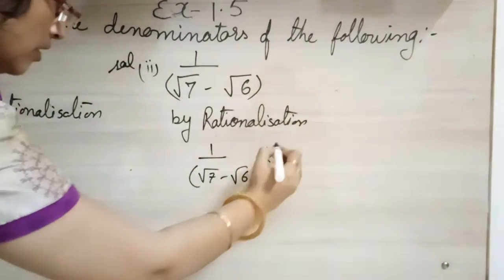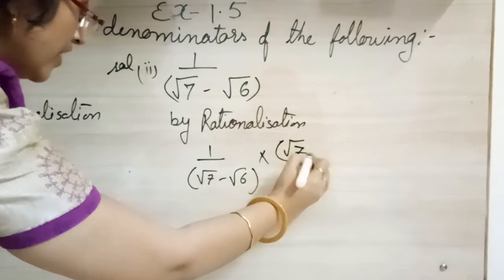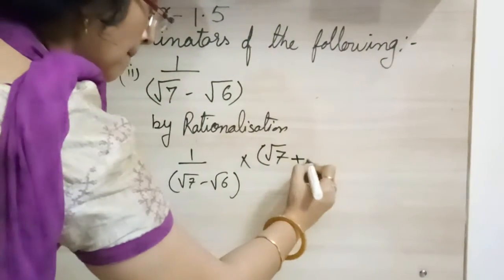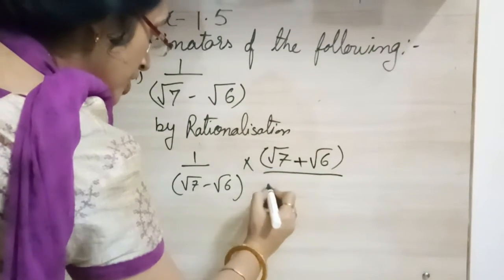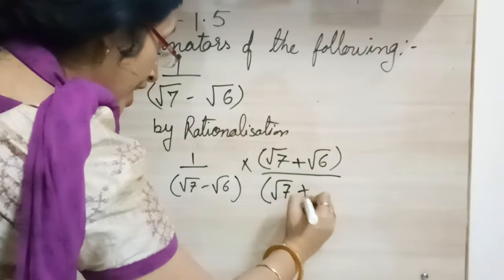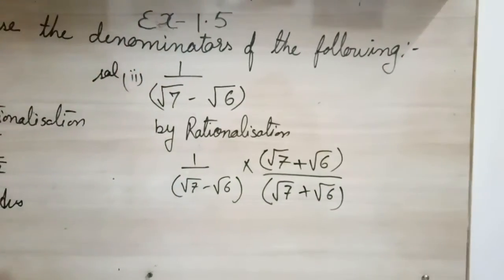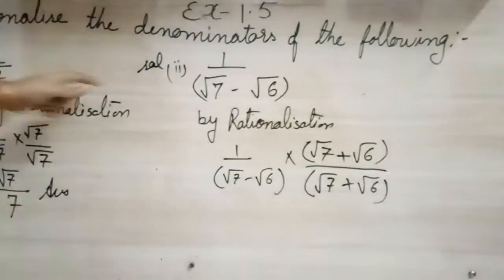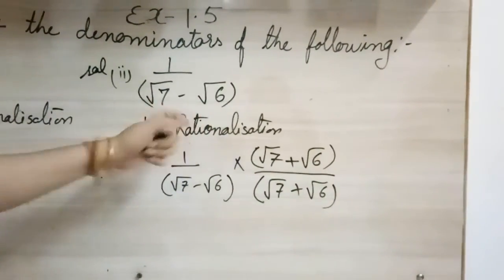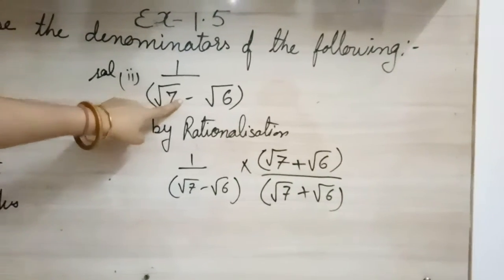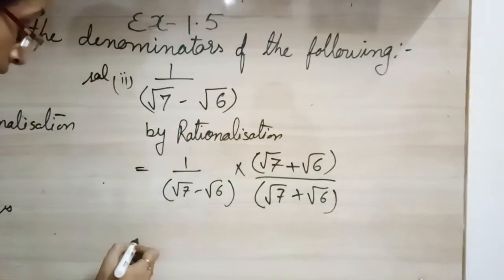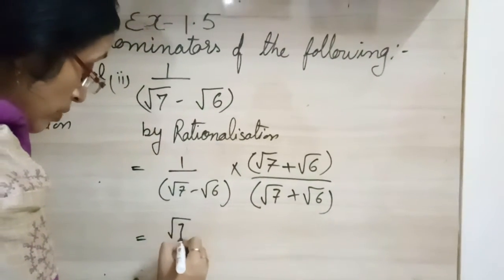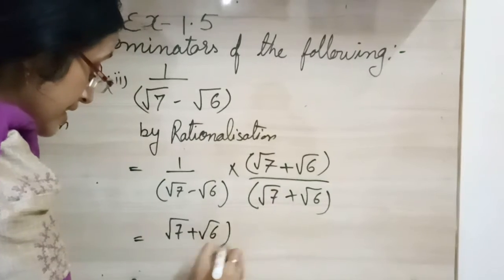We are going to take the number from the denominator, but the sign will change. Here you can see the minus sign and we will use the plus sign. Always during rationalization, the sign will change. Always. Here the term was single, root 7 was single, so no need to change the sign. But whenever you are having two terms, always the sign will change. And when the sign changes, then again 1 into root 7 plus root 6. So obviously it will be root 7 plus root 6.